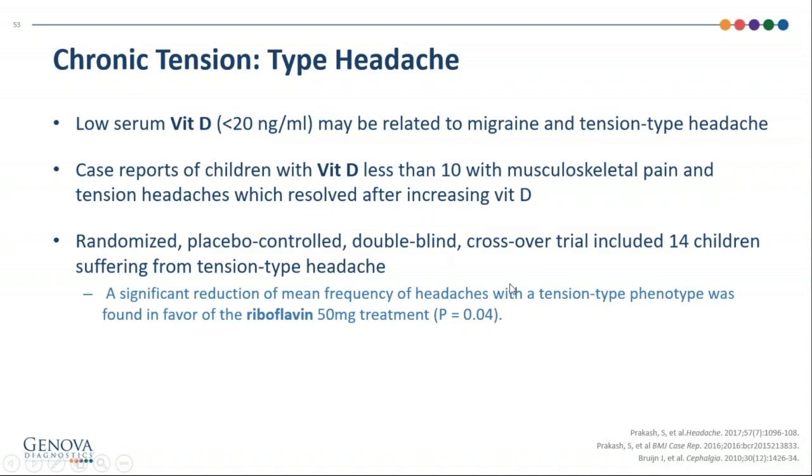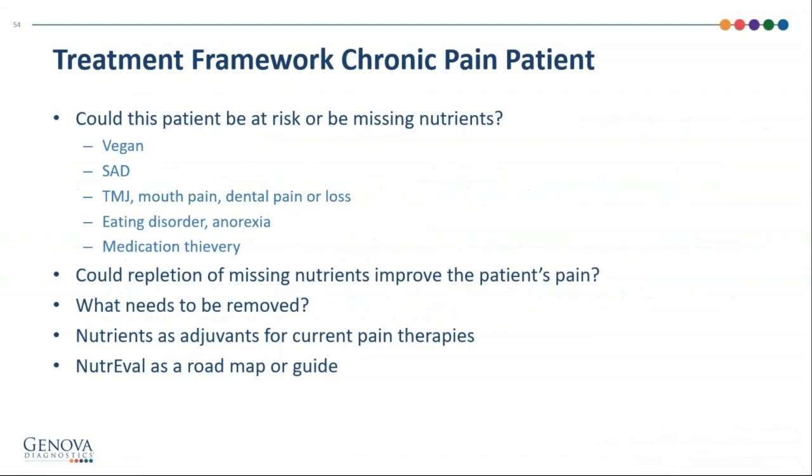So if anybody tells you there are no studies, this is one right here, looking at, unfortunately, a low number of children, only 14, but it did have a value of significance, and they found that for children with this type of headache, there was benefit from riboflavin at only 50 milligrams. There's really no side effects from riboflavin generally either. It's not like B6. And so when you're working with chronic pain patients, ask yourself, could this patient be missing